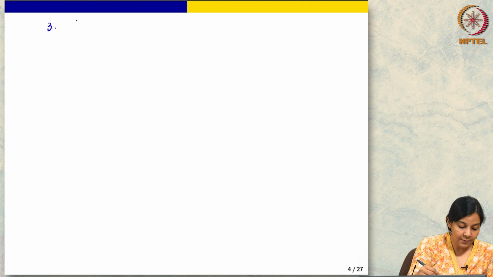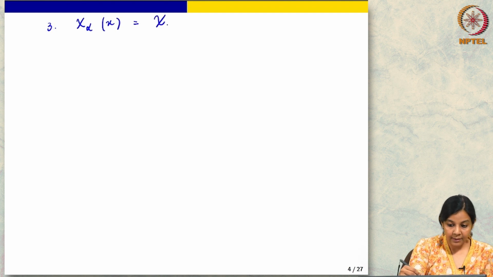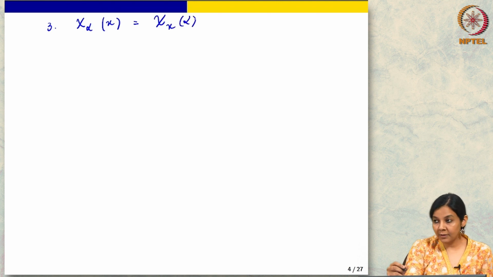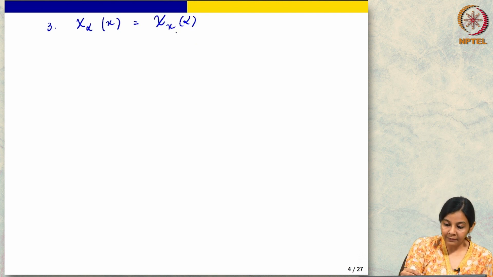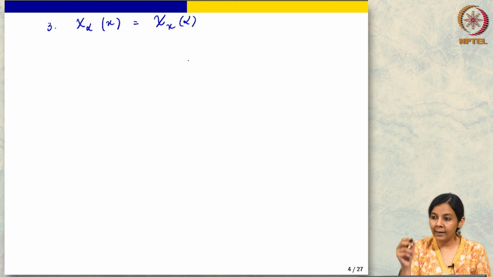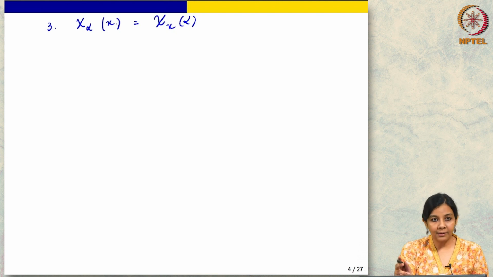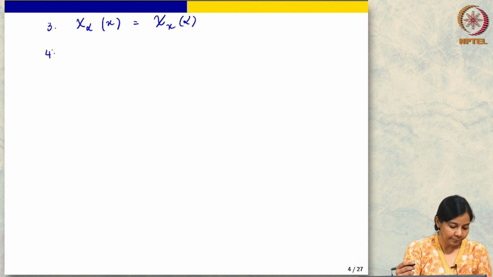A third property is chi alpha of x is the same as chi x of alpha. This follows just by the definition, but even though this is true, we generally write it in the way that is natural. So, we generally write chi gamma x or chi alpha x. The two are interchangeable, but it makes sense to write it in the most natural way. Anyway, this is just a simple property.